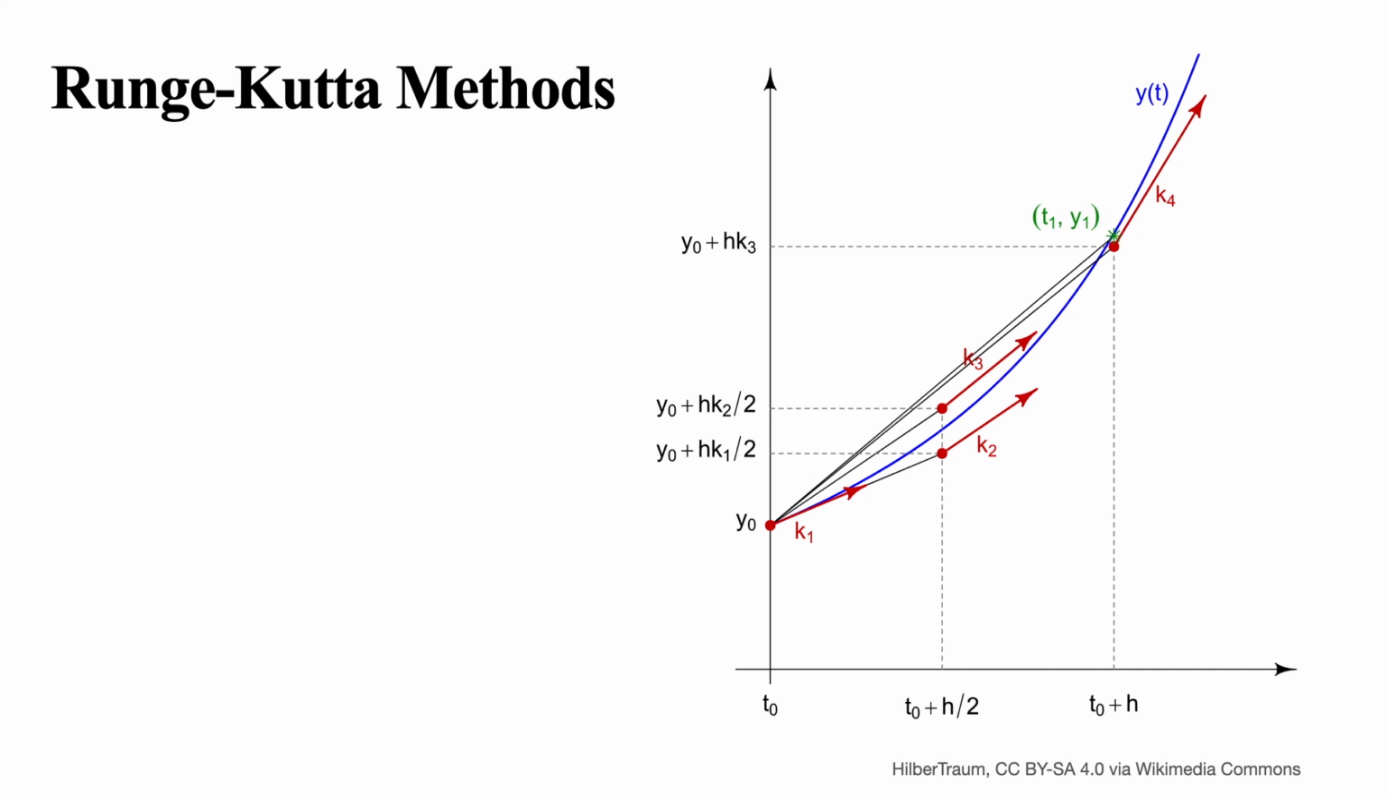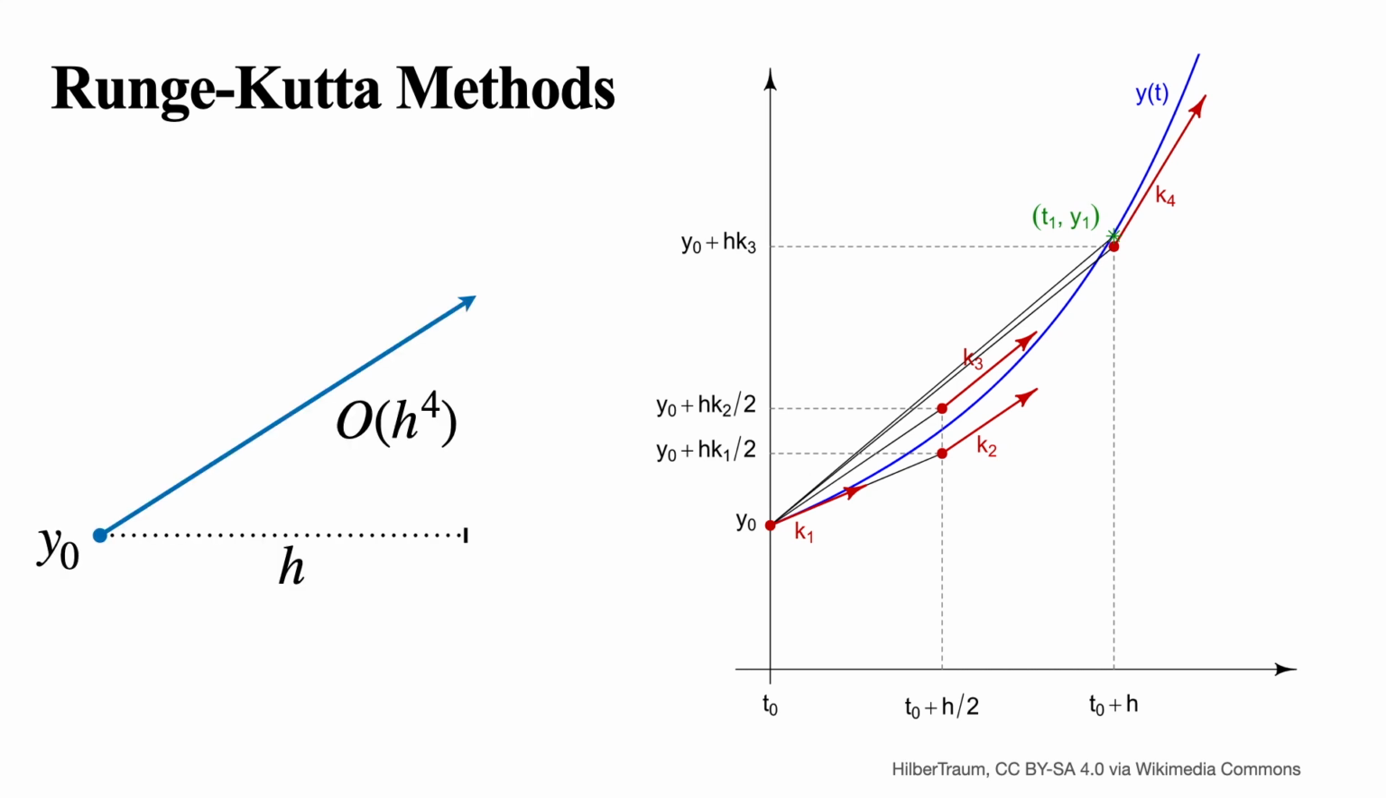Now, without going into details, fourth order methods have an accumulated error of order h to the power 4, where h is the time step, and of course you could extend your fourth order method to a fifth order method, and that would give you an error estimate of order h to the power 5. Now the really cool thing about these methods is that